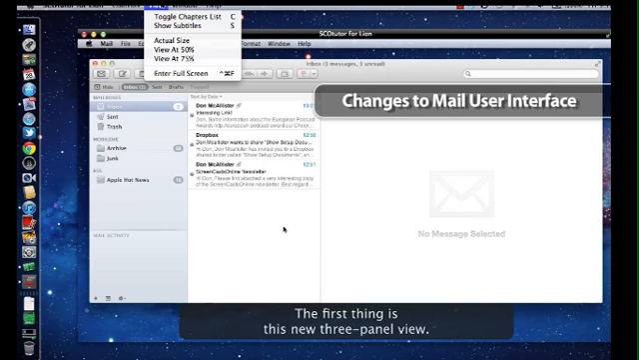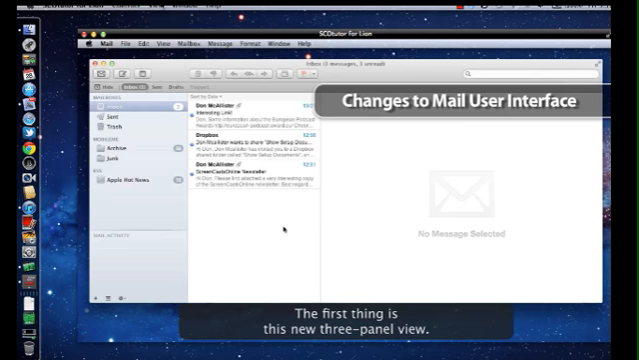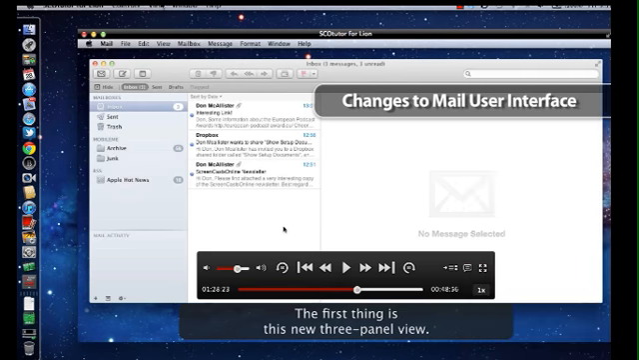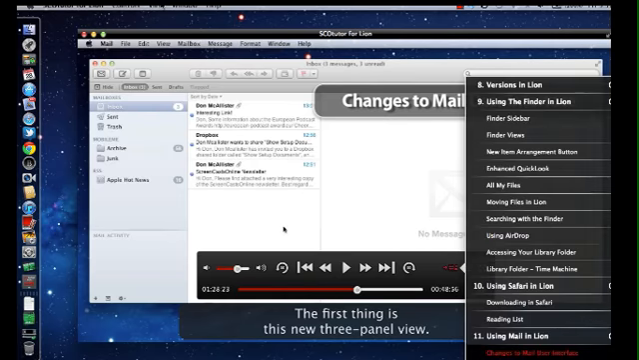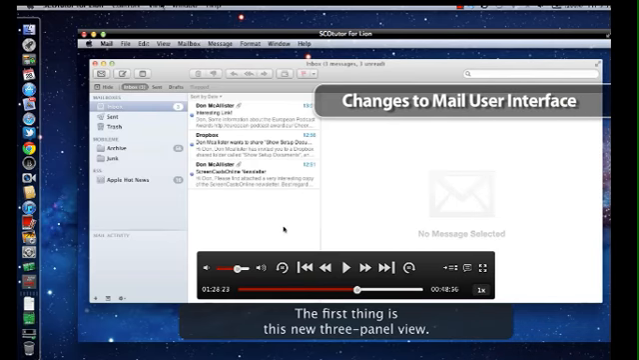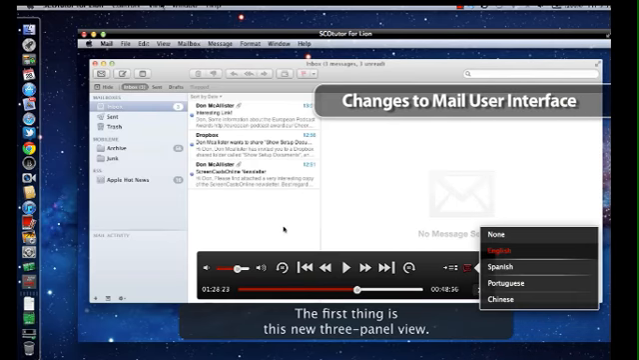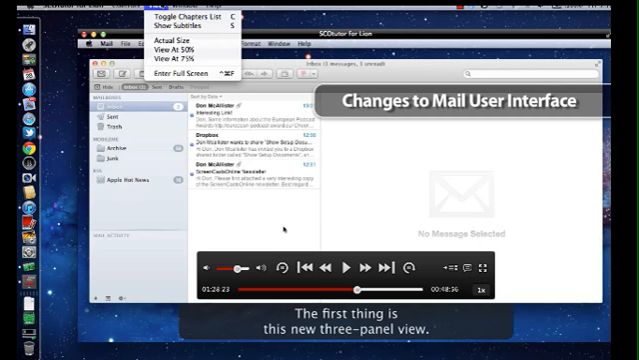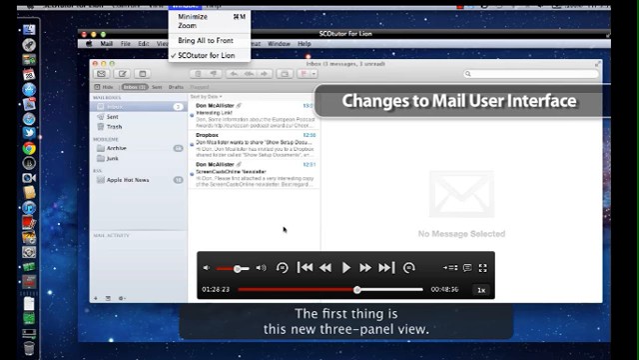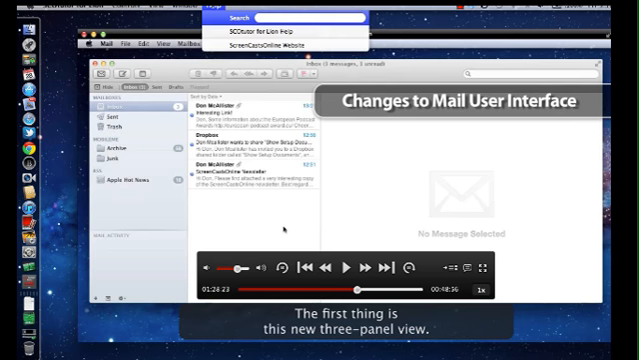Okay, so other menu items, under View, you can toggle the chapter list or show the subtitles, which is using the C or S key. So if I press the C key, there you go. I'm toggling the chapters. And the same if I press the S key, I'm toggling the subtitles. So that's pretty cool. You can also view at 50%, enter full screen, actual size. And then, of course, under Help, you've got the